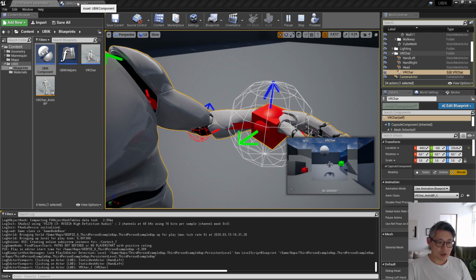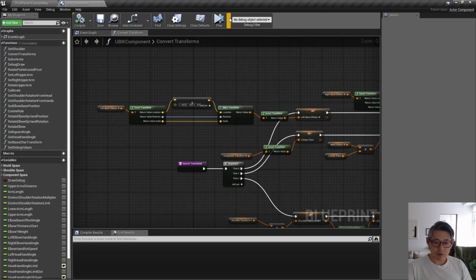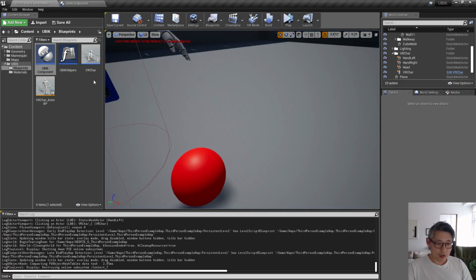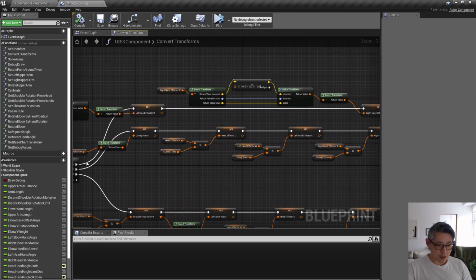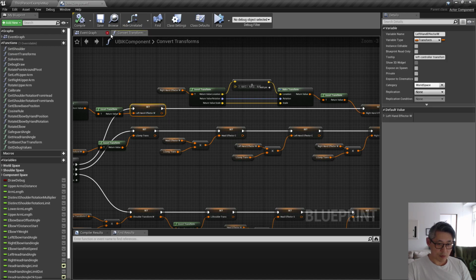That is going to be more visible. I'm going to show why this is a problem once we get a little bit further into this video. So anyway, for now let's just keep working with the left hand effector, but we're going to do some changes inside the